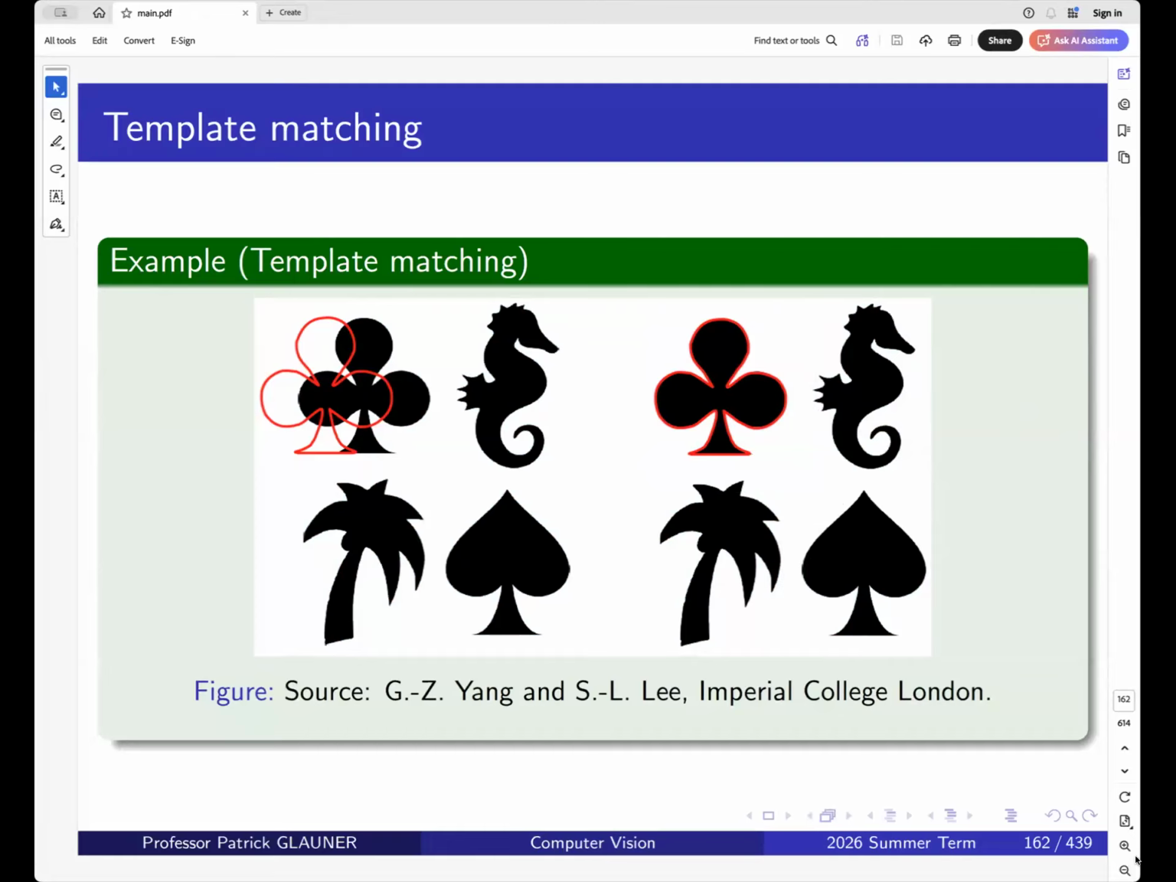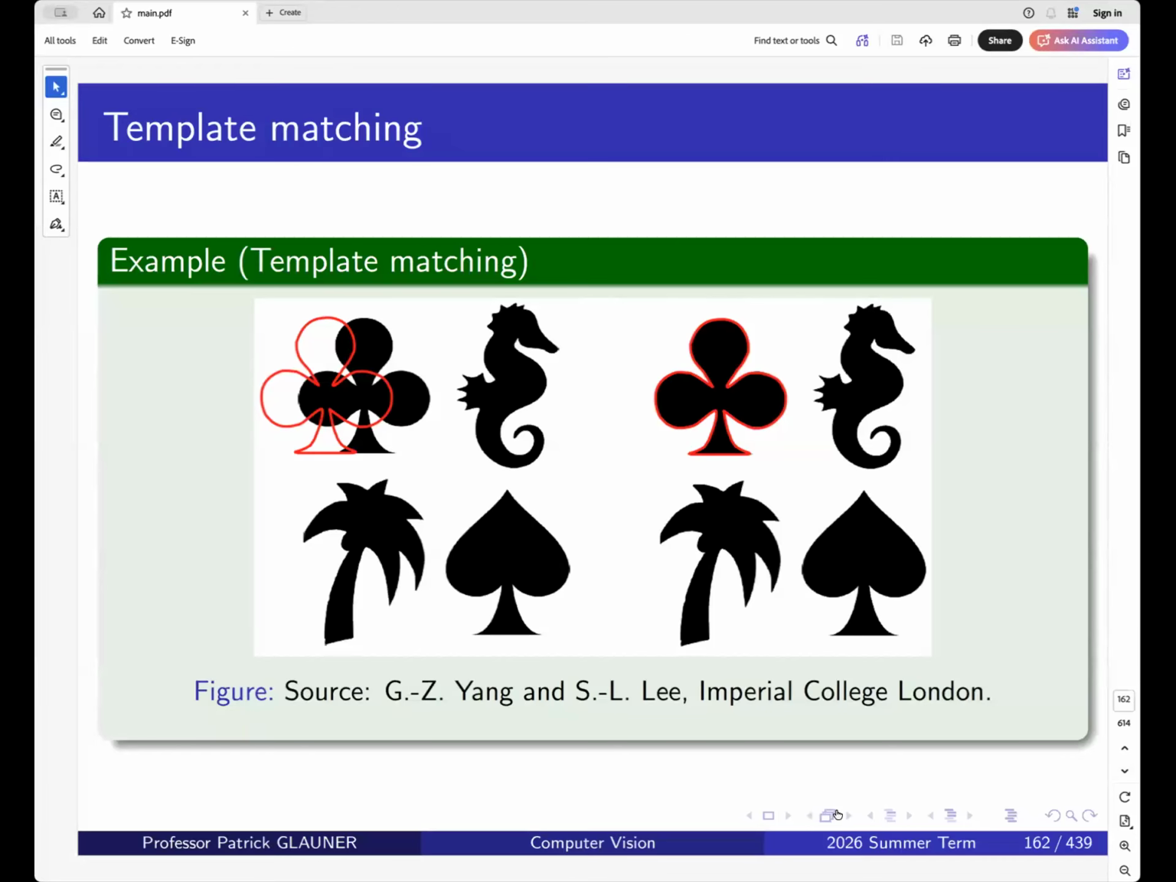What do you think could be the advantage of such a template-based approach? Let's start with the advantages. We start collecting either in the chat or you turn on your microphone. You can tell us what you think are the advantages of such a template approach. So now you have collected various